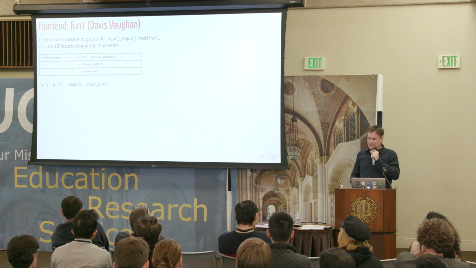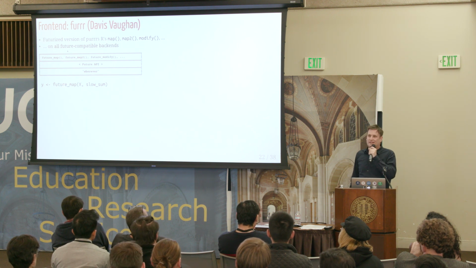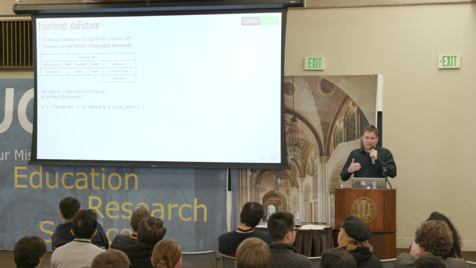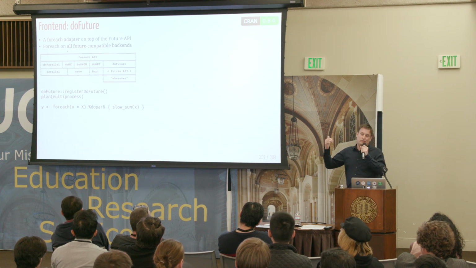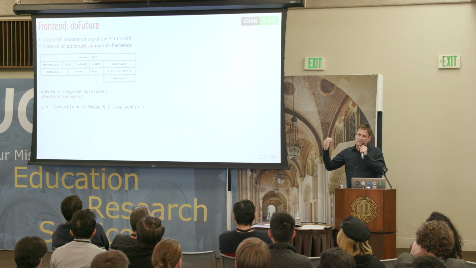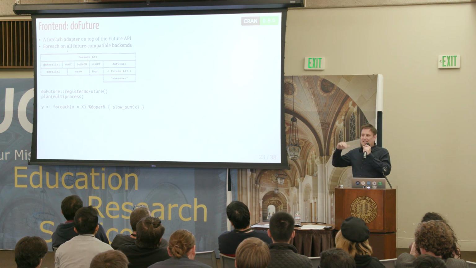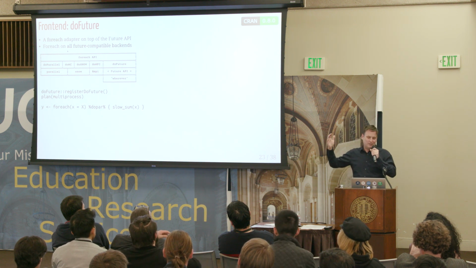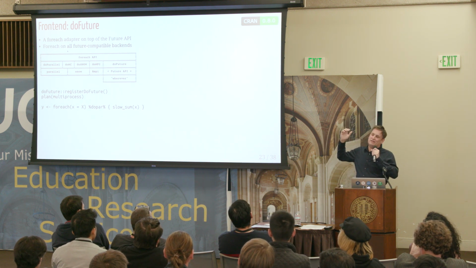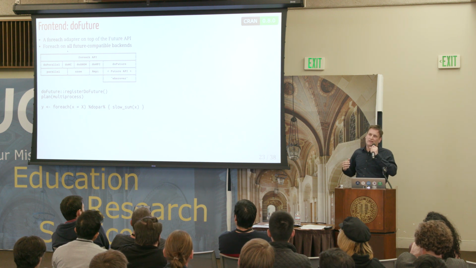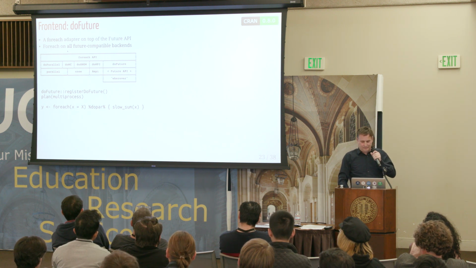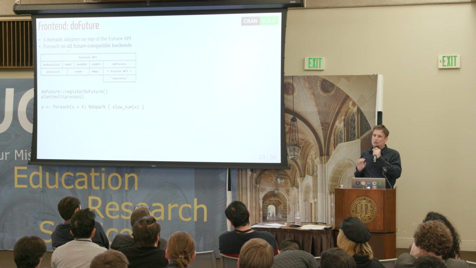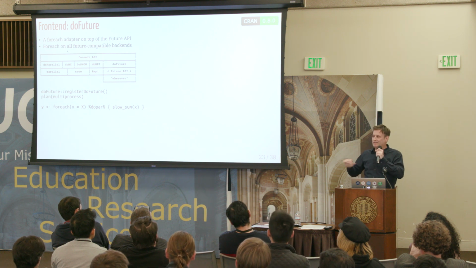So if you have a purrr map function, you can just use the future map function. Okay. And then for foreach, we wrote the doFuture backend. That basically means that any future backend that exists now or in the future, sorry for the pun, will be compatible with foreach calls. And the very first implementation was like 30 lines of code. It was because of these atomic building blocks. They did everything.